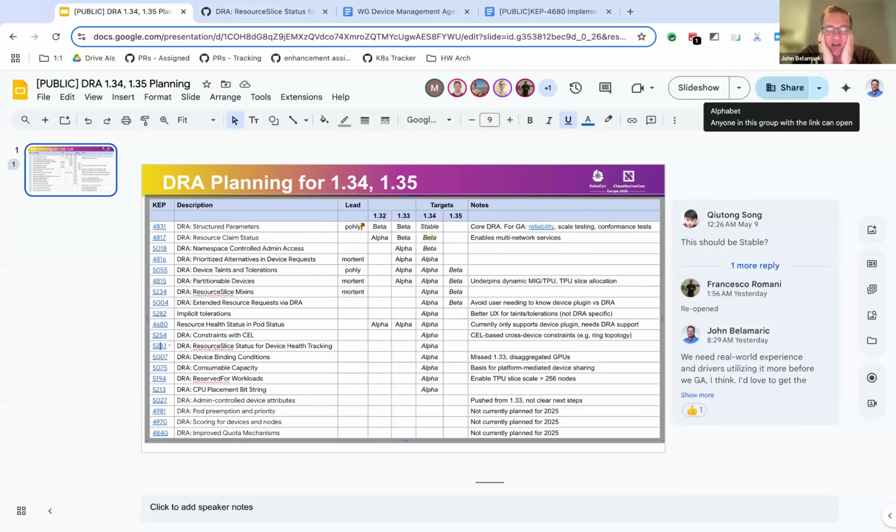I think JP and I talked a little bit about this. You could reflect it sort of like a tree: you have the slices at the root of the tree, and then you've got claims, and then you've got pods. From a user point of view, you want to be able to see it at the leaf, at the pod. Also, potentially there are additional errors that can be layered in at each level of the tree. So I think it might be reasonable to track them over there, but rather than trying to figure it all out here,